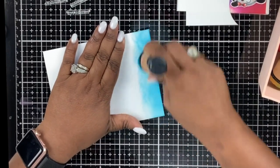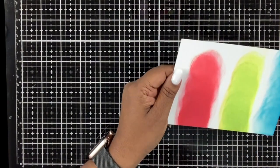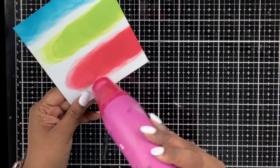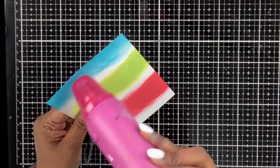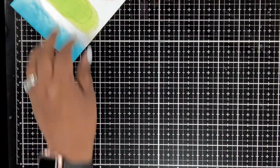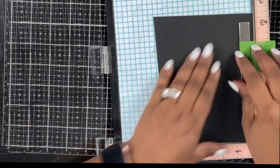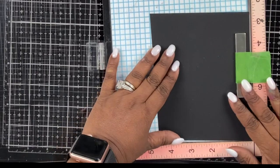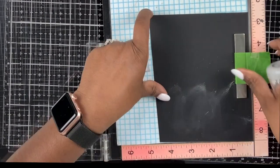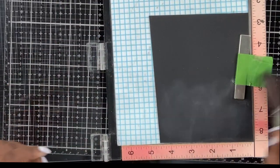Anyway, kept it aside, took another white panel and ink blended blue, green and red onto it because I wanted to have 3 additional sentiments like this, which I initially thought I would emboss with white embossing powder, but when I did it, I didn't quite like it, and I decided to do it with black ink, which you will see. Then I took a black cardstock for my main sentiment, which just said "Happy Birthday," which is also the sentiment in the stamp set itself. So I prepared the black panel with the powder pouch to remove all the static,